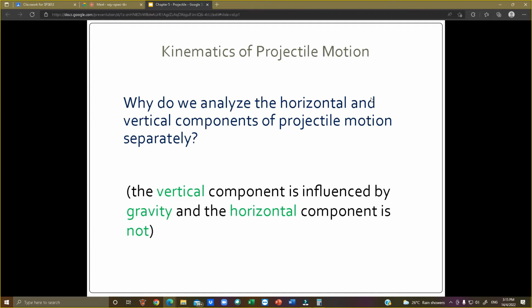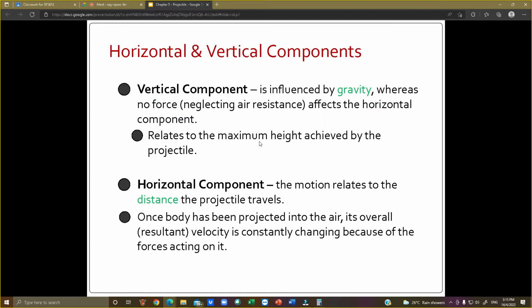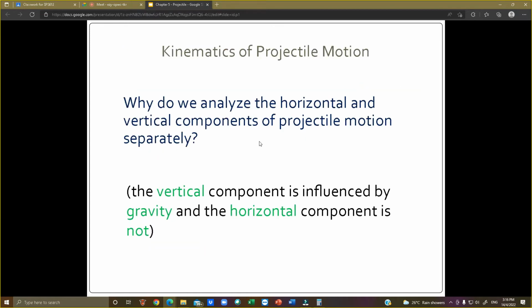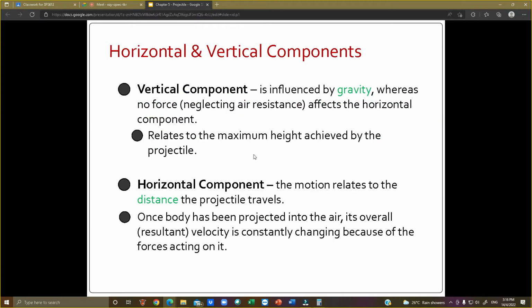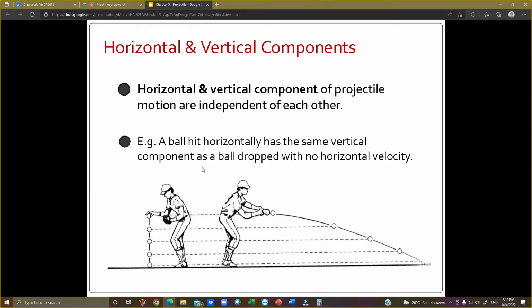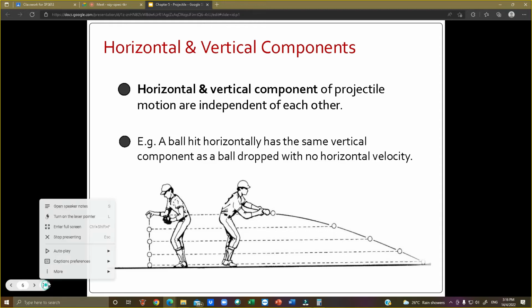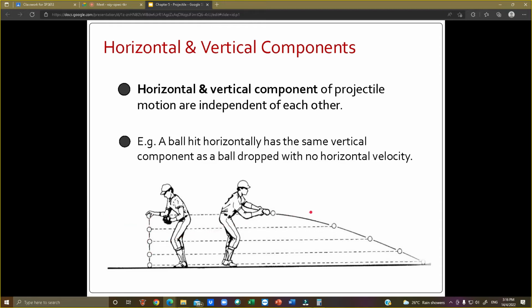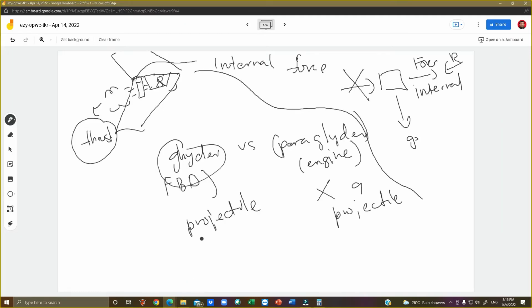Okay, and then vertical component only is influenced by gravity but not horizontal. Okay, maksud statement ni, vertical component is influenced by gravity and not the horizontal. The meaning is something like this. If you have two conditions of ball, satu, bola yang kamu lepaskan sahaja daripada satu ketinggian. Number two, bola yang kamu lepaskan horizontally. This is totally vertical, this is totally horizontal. These two balls are going to reach the floor at the same time because of one thing. Because of this value.